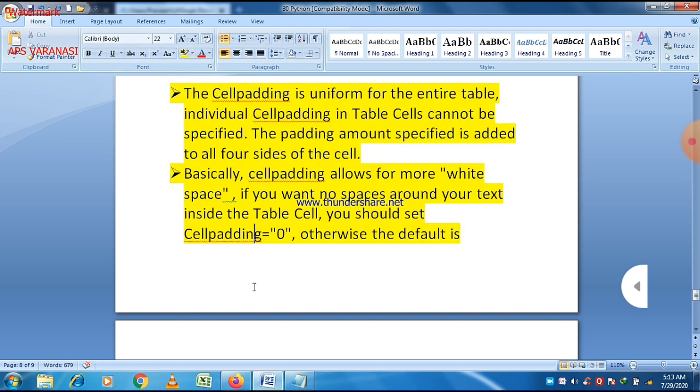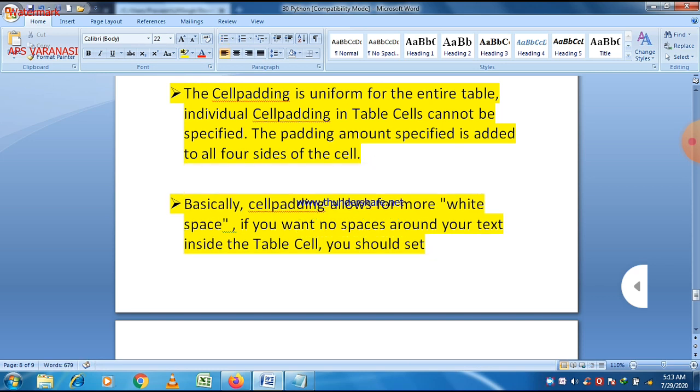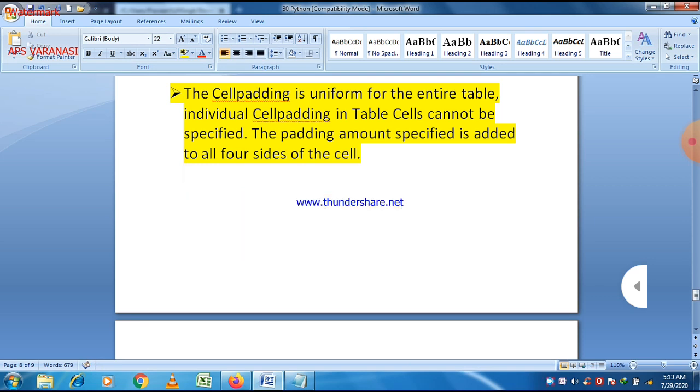Now let us see: cell padding is uniform for the entire table. Individual cell padding in table cells cannot be specified. The padding amount specified is added to all four sides of the cell. Second point is that cell padding allows for more white space.